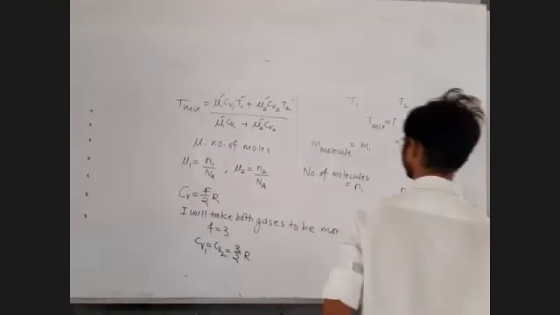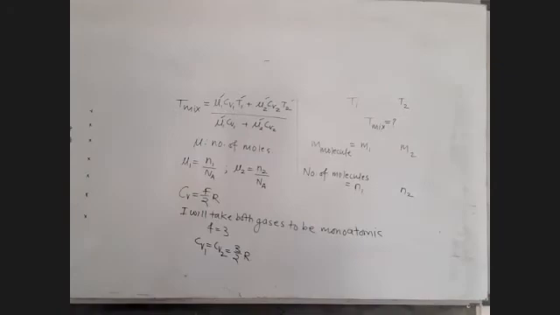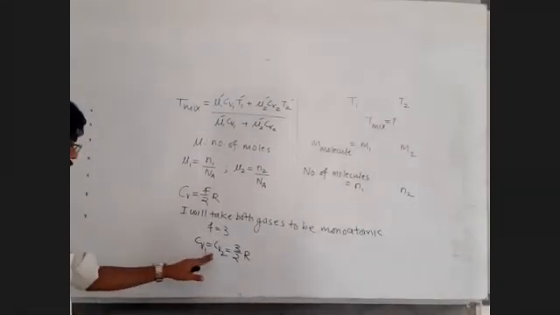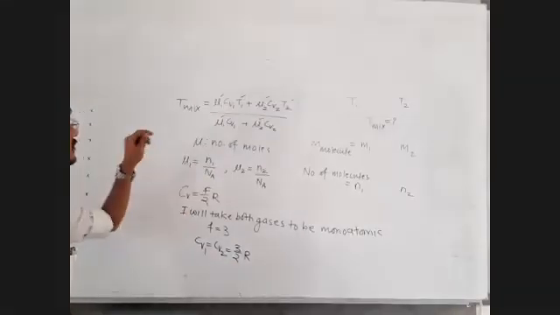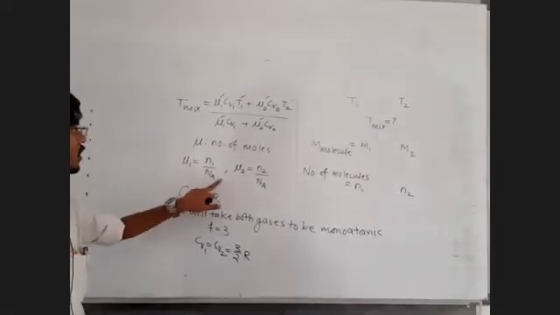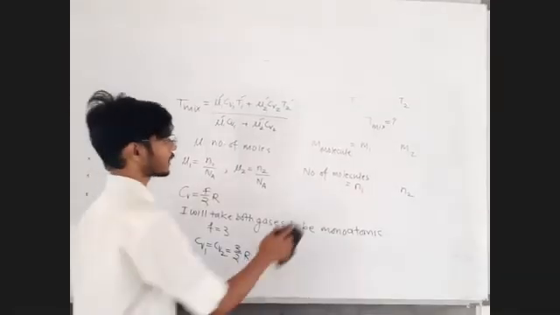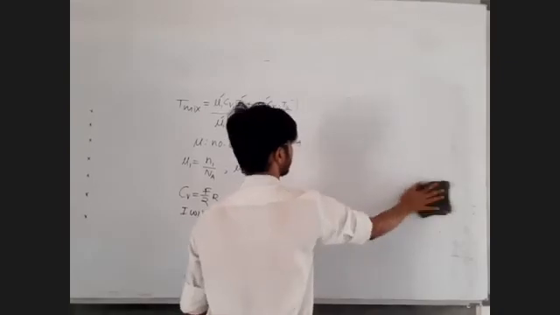Try it. Up to this, is that clear? Now just put the values. CV1, CV2 I have given to you. So all CV will get common and cancel. That's it. All Avogadro number will get common and cancel. Avogadro number is getting common and cancelling, CV is also getting common and cancelling.